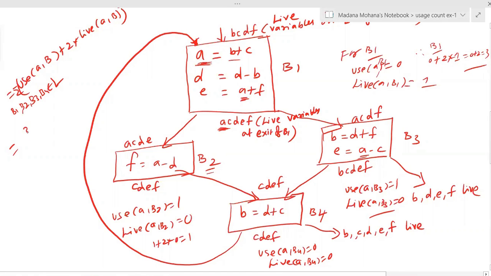So here 3 plus B2 block, here what you will get? 1 into 2 into 0. Here also final value calculated 1 plus for B3 block, here you can see use is 1, live is 0. 1 plus 2 into 0, you will get 1 plus B4 block, both are 0. So you will get 0. Now you can see 3 plus 1 plus 1, total 5 you will get. Like that we have to calculate use values using this formula.